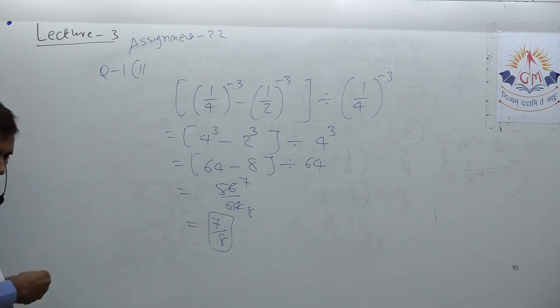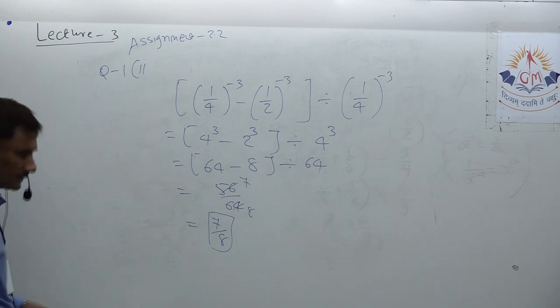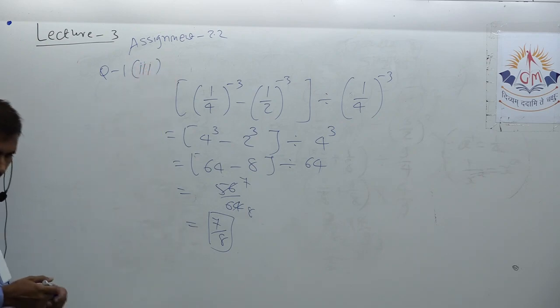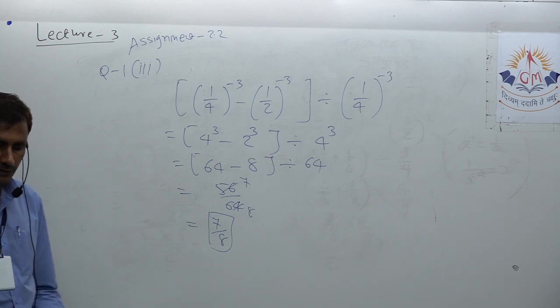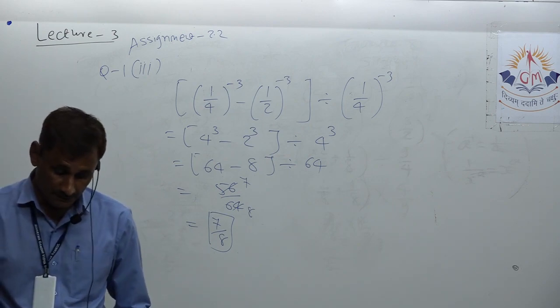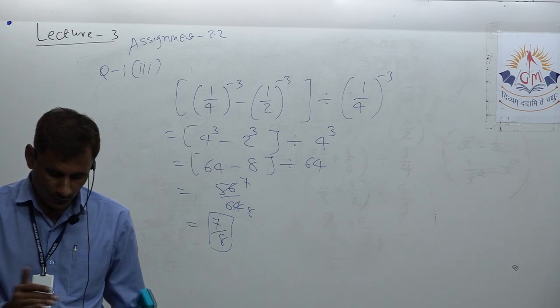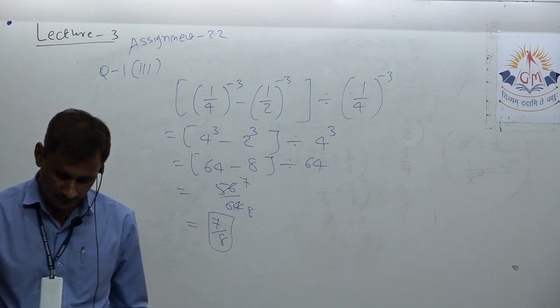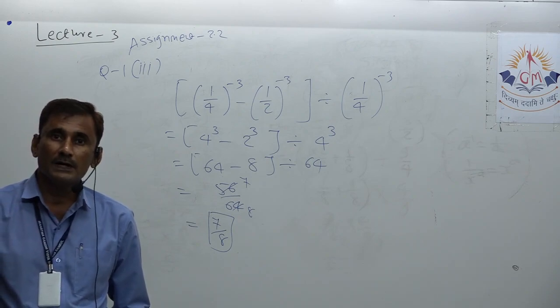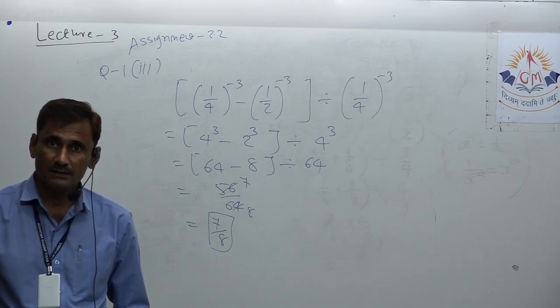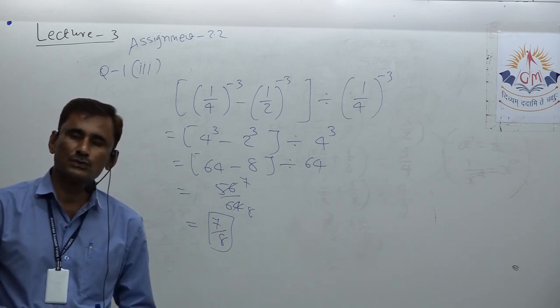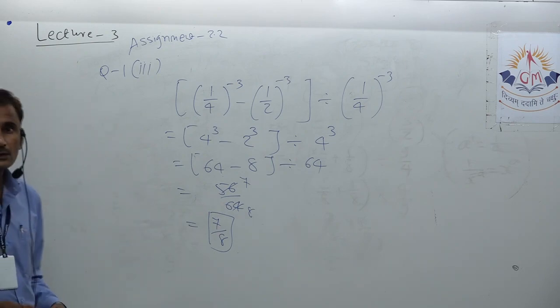Sorry, main question number 2. No, 3 it is. Question number first, third. By what number should 1 by minus 2 raised to minus 1 be multiplied so that the product may be equal to 4 by 7 raised to minus 1? It is the same type of sum. We solved example number 9, where we supposed x. Same way here also we will suppose x and solve it.